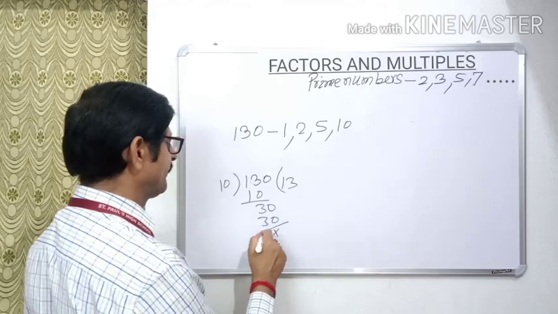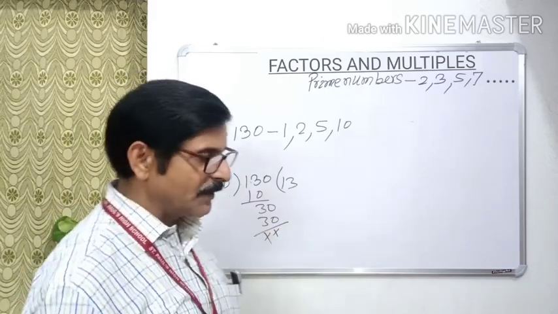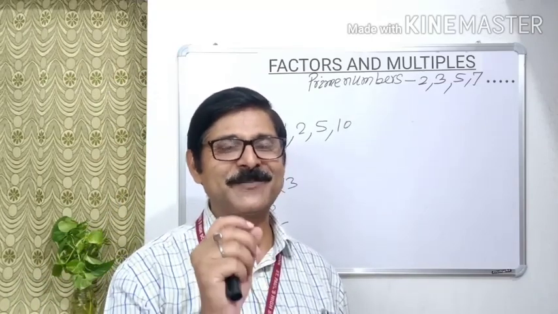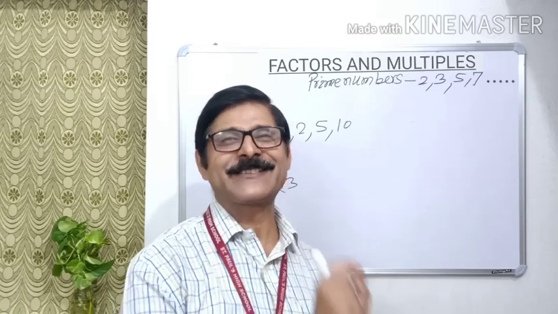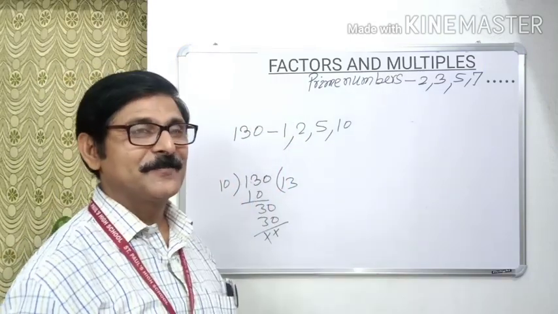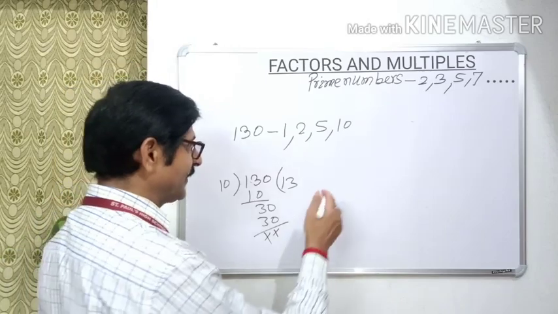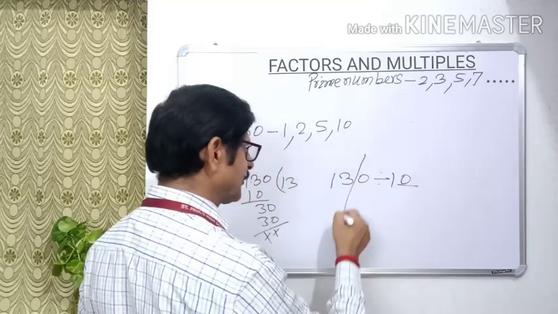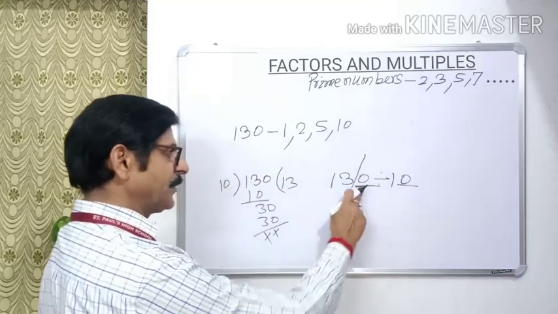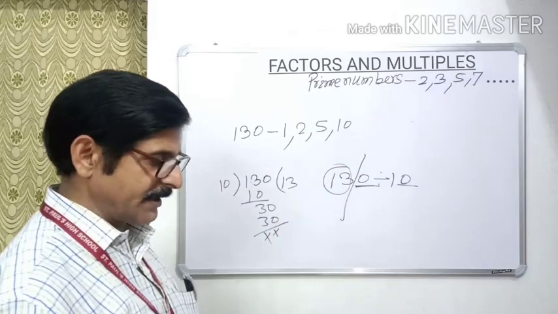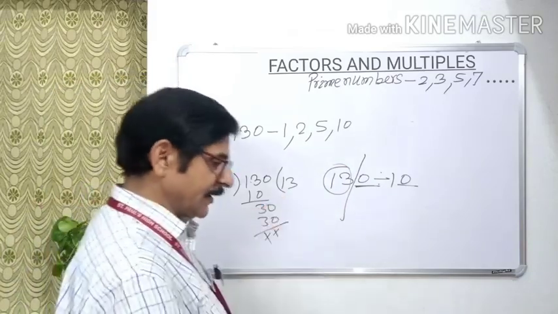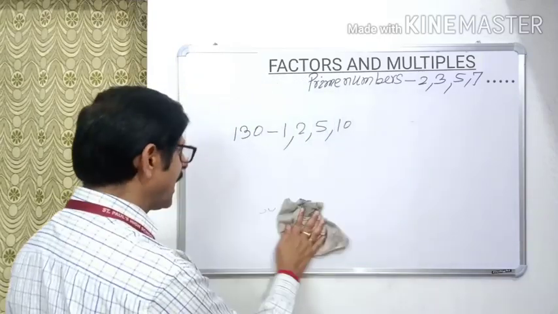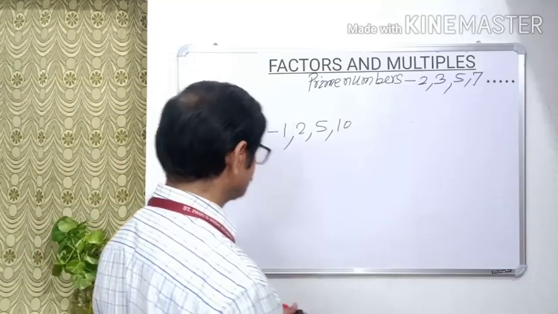Dear children, I hope you have watched the video division by 10, 100, 1000, etc. clearly and you have learned well. So if you apply that, 130 divided by 10, 0 is there, so 1 place from right side edge is the remainder and this is your quotient. You could have done it without actual division. So apply it, and this shows how previous learning helps you in learning further.